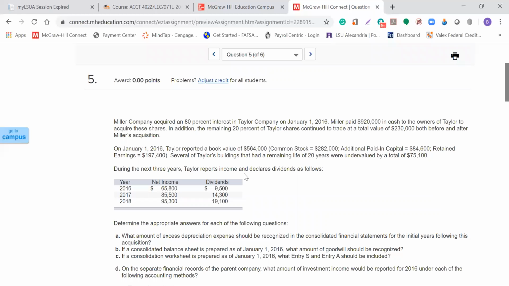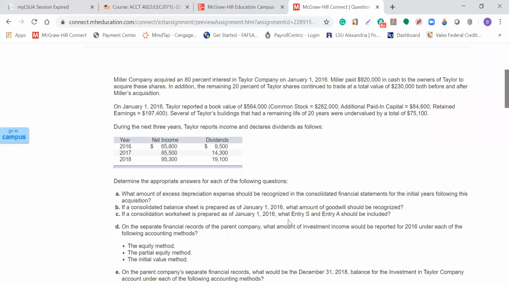On January 1st, Taylor reported a book value of $564,000: common stock $282, paid in capital $84, retained earnings $197.4. Several of Taylor's buildings had a remaining life of 20 years and were undervalued by $75,100. For the next 3 years, Taylor reports and declares dividends as follows. What we're asked to do is determine the amount of excess depreciation